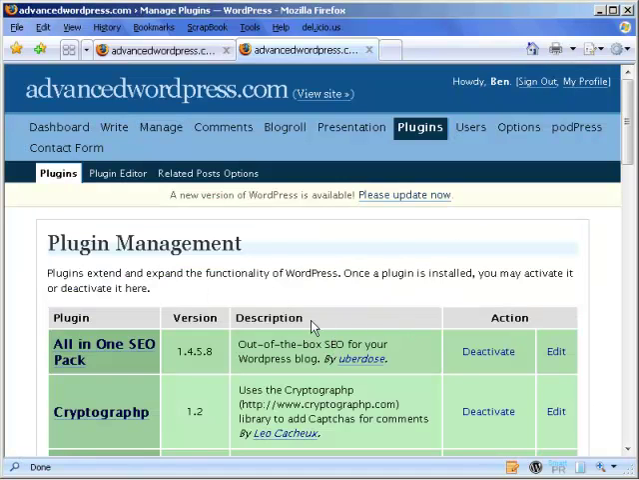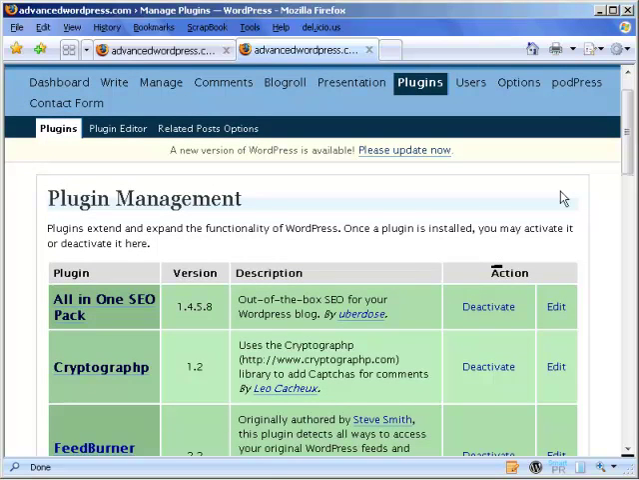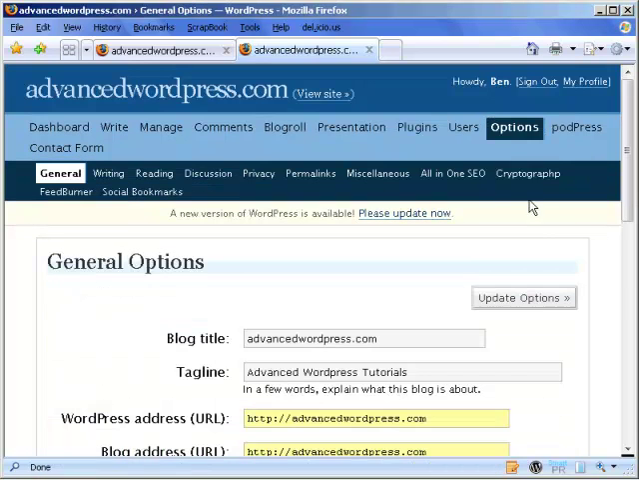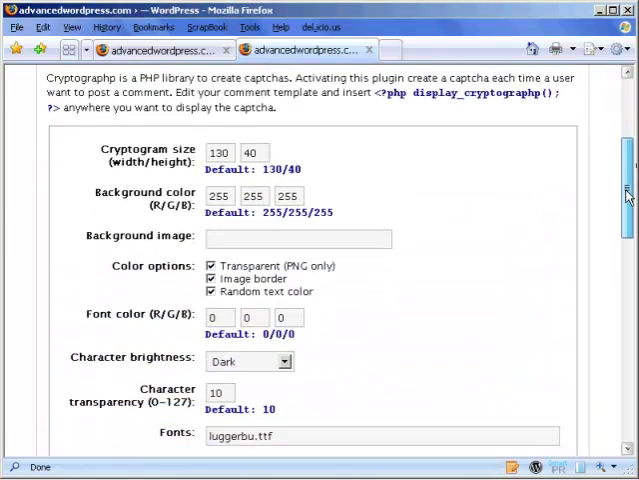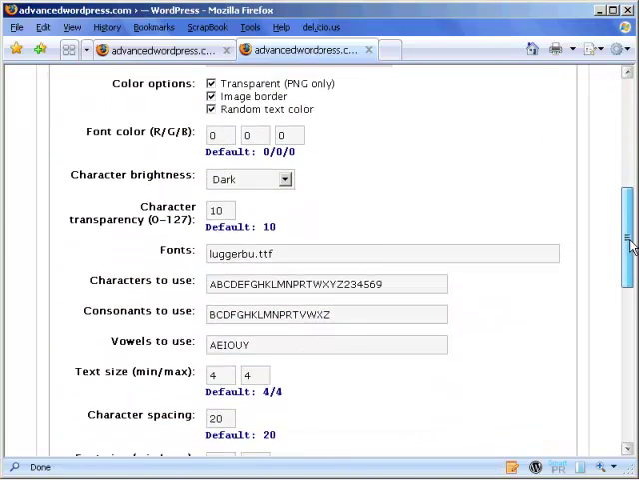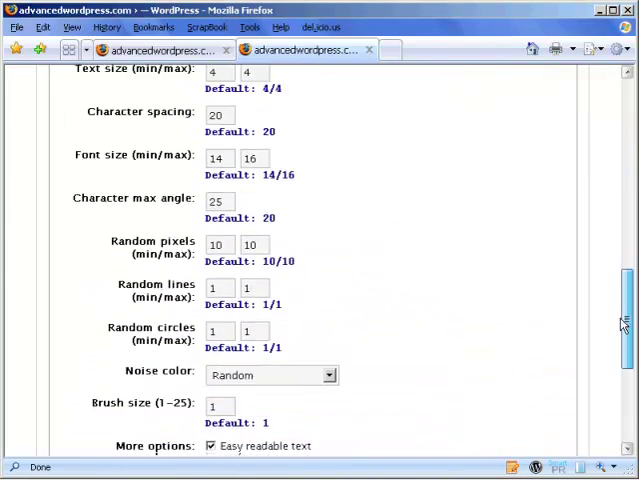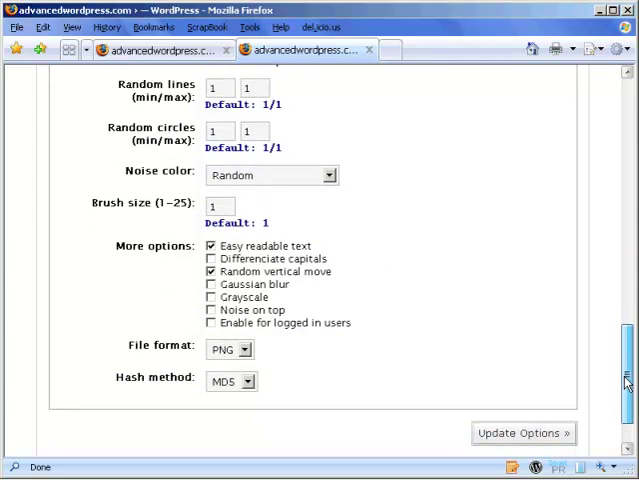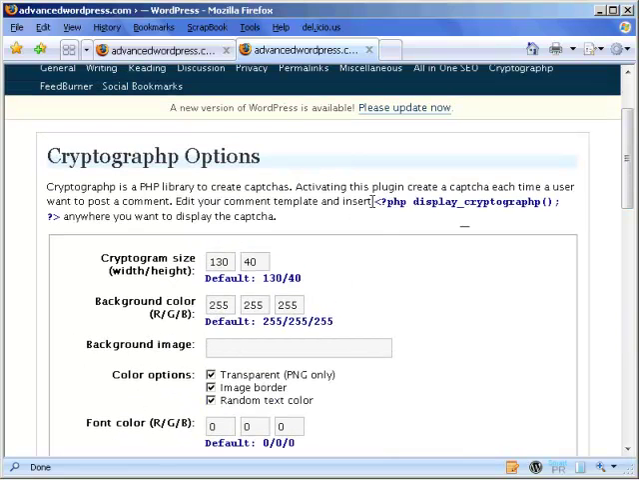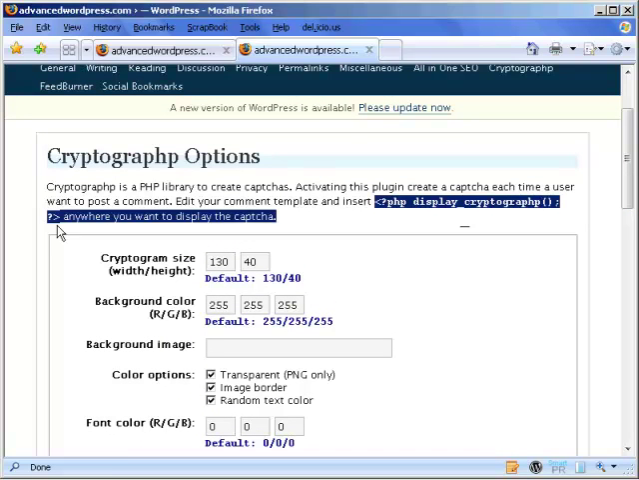You'll notice I've taken out Akismet too because I don't use filters anymore for my people who comment on my blog. I put in a thing called cryptograph. So let's just do that one first. It's in options, it's under cryptograph, and you just fill out all the options. You can use whatever you like. Just read through the plugin tutorial, and all we have to do is place this tag